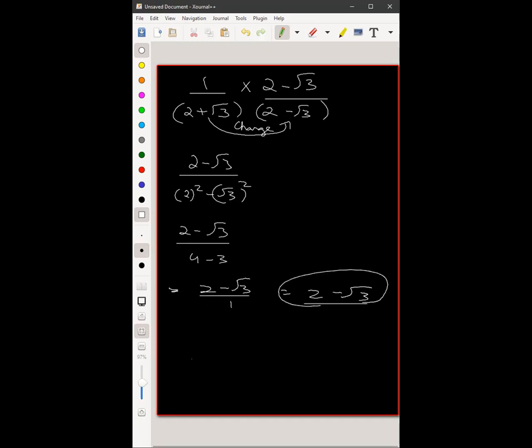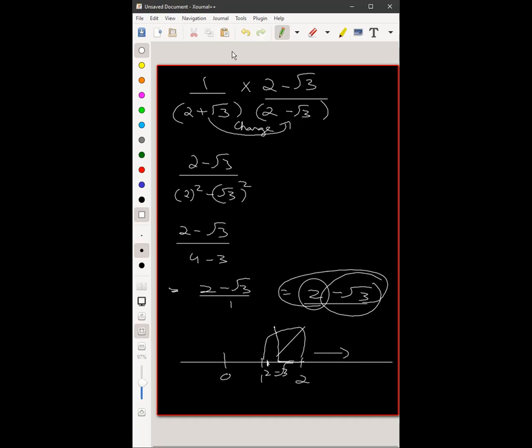How do I do this on the number line? I'll do 0, 1, 2. So I have 2. From here, I will find root 3 on the other side. And I will drop this down. Wherever it cuts, that will be 2 minus root 3, because I have to subtract root 3. So I go on the left side. If I had to add root 3, I would find root 3 on this side. Getting it?